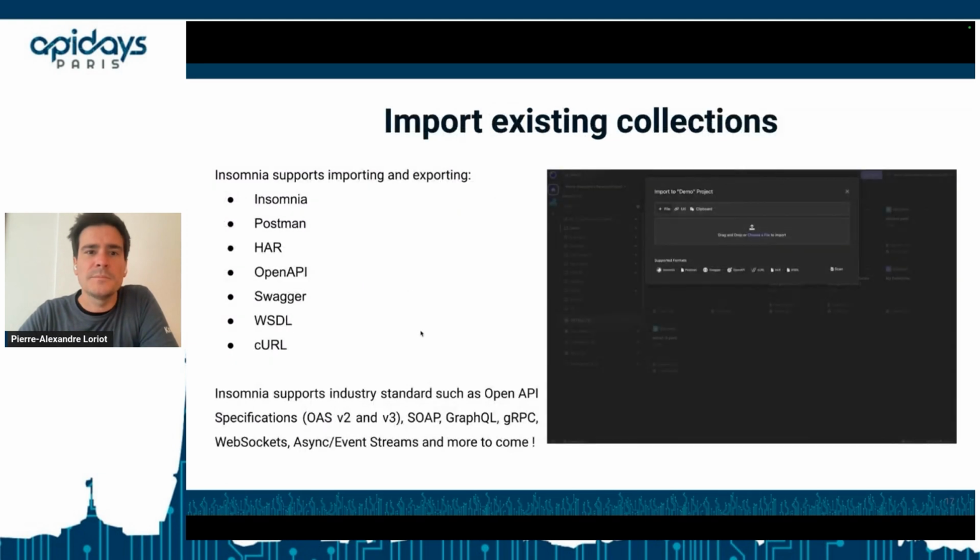Not least, regarding collaborative work, you can also import existing collections, because you might have existing collections that have been developed and shared with your peers or on your computer. Good news, you can import multiple formats into Insomnia. So you can import your Swagger, your WSDL, your requests, your OpenAPI specification, and even Postman collections can be imported, just a drag and drop, an import of your collection into Kong,